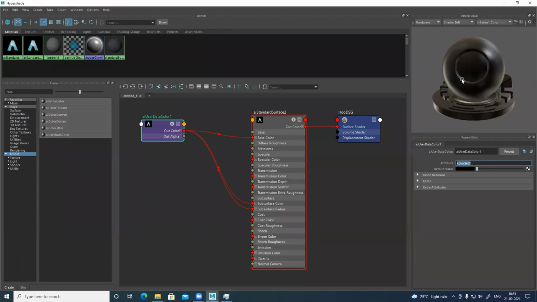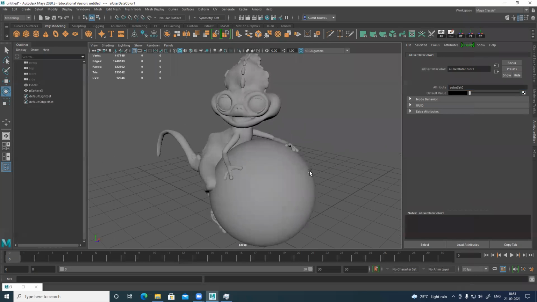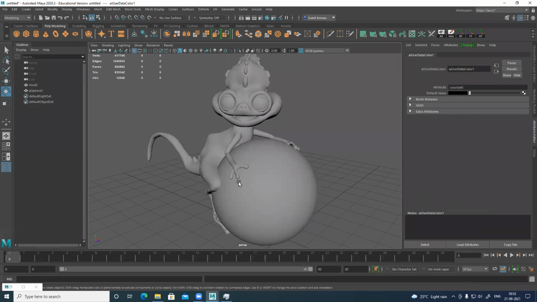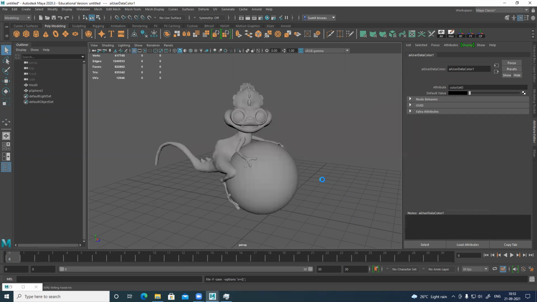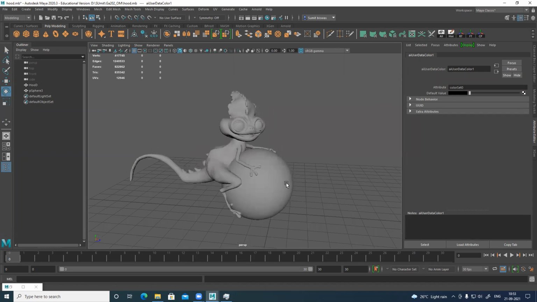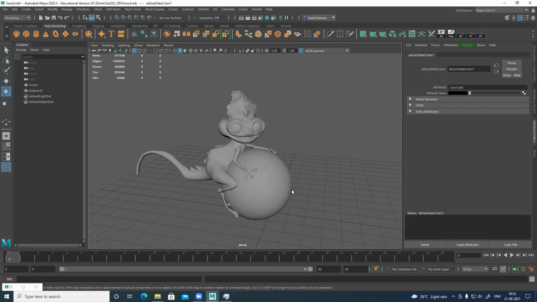So based on this, now I can see the color change here in the material. In the viewport, nothing changed here. So in the viewport nothing will change. The viewport will be like this only. Just save this file. Saved. Now, make sure before rendering, save your file, because a lot of times, if you don't save it, it won't render. So save your file. And now Arnold cannot render anything without light.